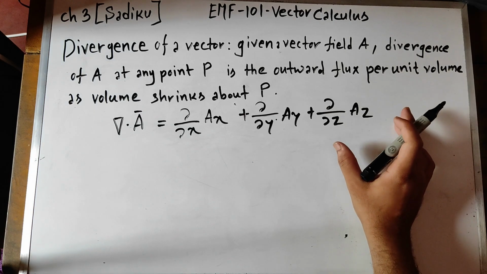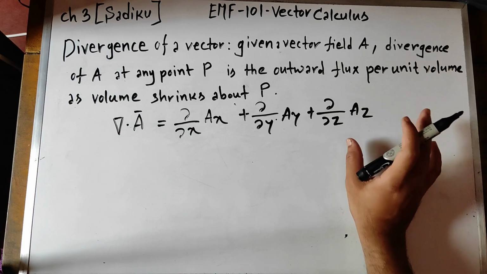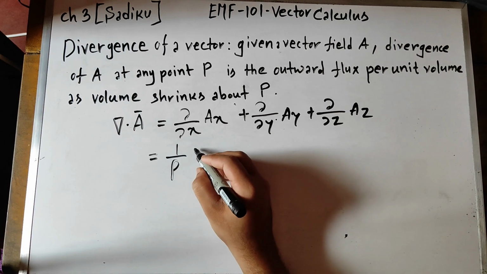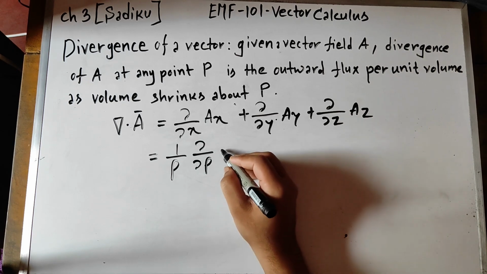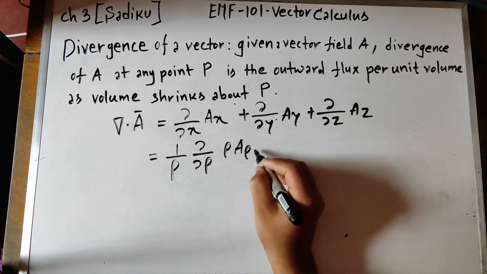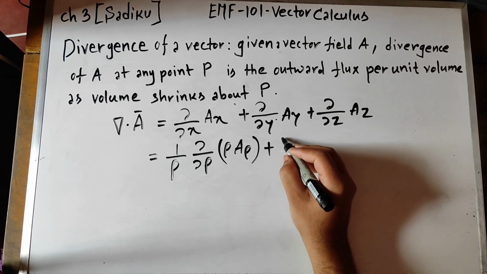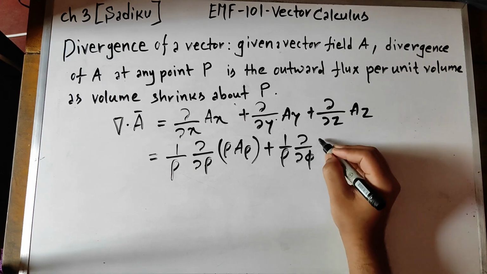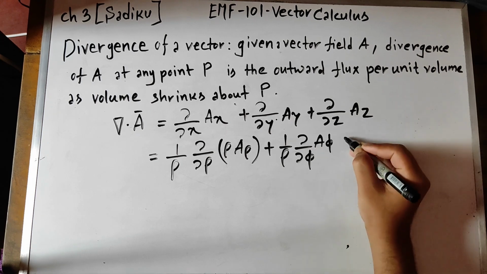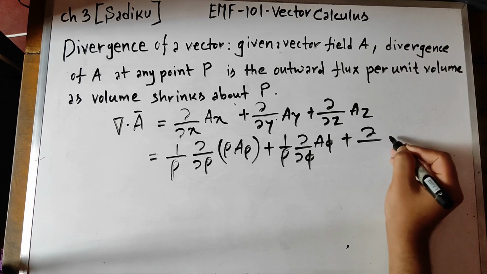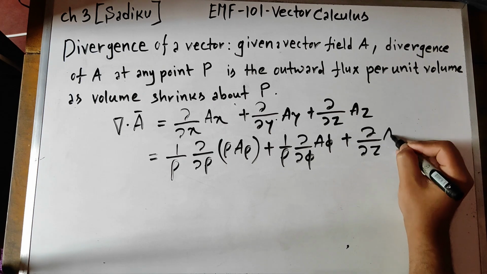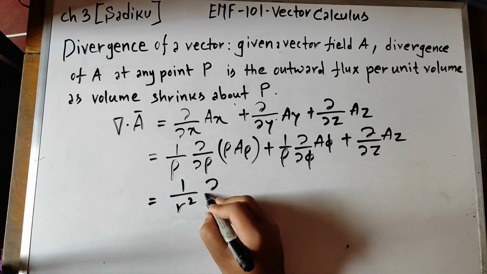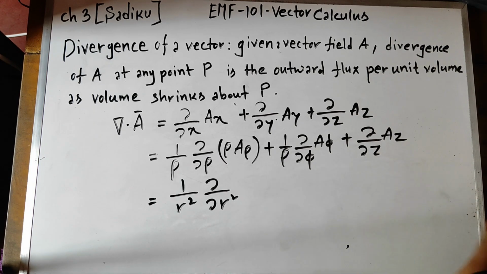So this is the answer for the divergence in Cartesian, cylindrical and spherical coordinates. In cylindrical: 1 by rho partial differentiation with respect to rho of rho a rho, plus 1 by rho partial differentiation with respect to phi of the a phi component, and del by del z of the z component. And in spherical: 1 by r squared partial differentiation with respect to